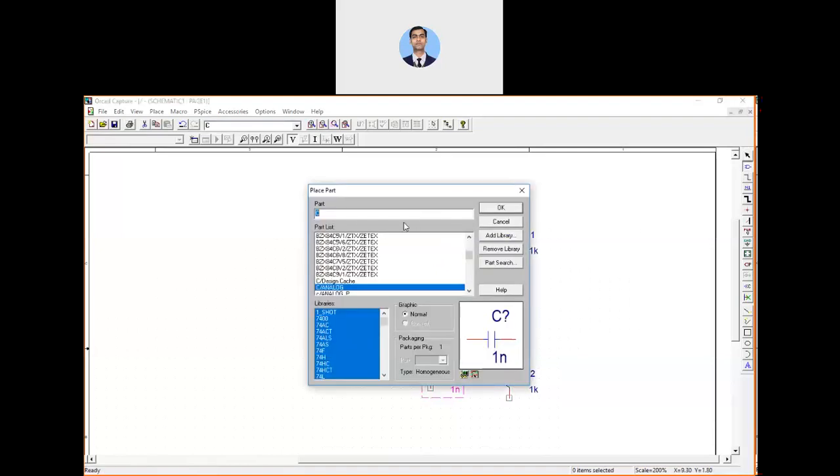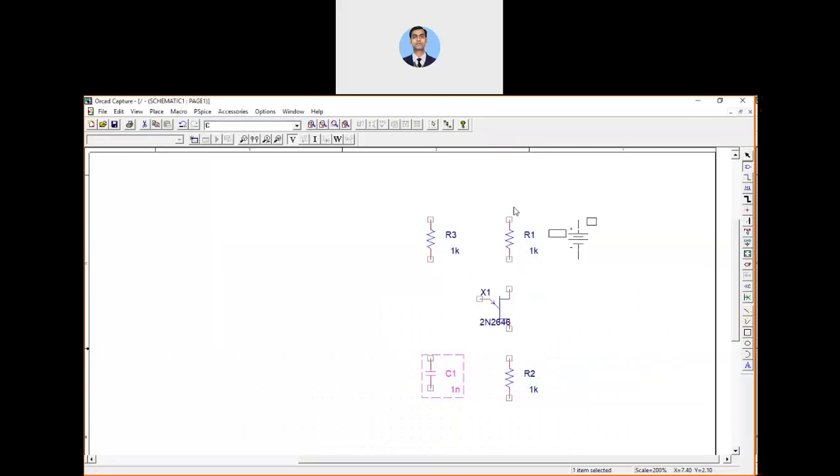Now we require a DC source. You can follow a datasheet to decide the values of these particular components. Quickly make the connections between the components.